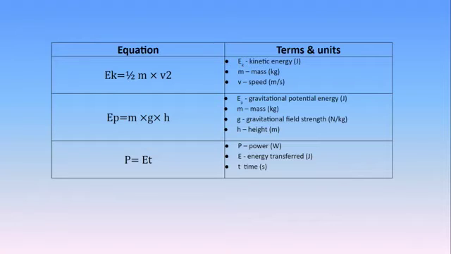Can you give an example for an equation flashcard again, please? So for example, if I was going to make a flashcard, I'll use the middle one. I would write on the front of it, EP equals M times G times H. And that's all I'd write on the front. Then I'd flip it over. And on the back, I'd put EP equals gravitational potential energy and the J for joules. I'd put M equals mass and then the unit.